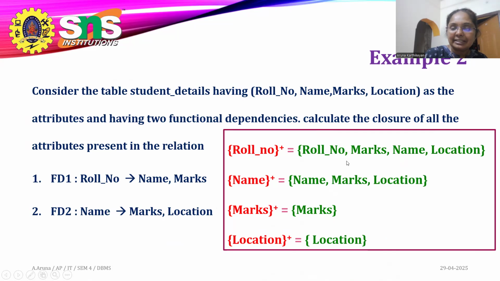Out of this, we can say roll number is a super key, as well as a candidate key. Why I'm saying this is that it is a singleton attribute, that is a single subset. If I have only one minimal subset out of all the super keys, that particular key can be called a candidate key. So in this problem, roll number can act as a candidate key as well as a super key. By combining all the possibilities along with the roll number, everything else we take as a super key of this particular relation.